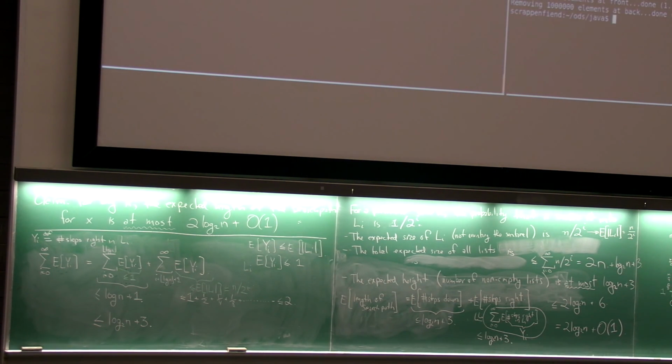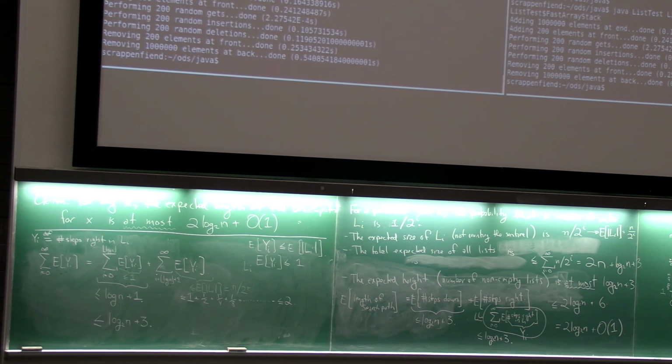So let's try it. And indeed. So now if we look at adding the 200 elements at the front, it's now comparable to what we were getting from the java.util one. It's 5 times faster than this. And similar things happen with all the other random insertions, random deletions, and so on. So there's something to be